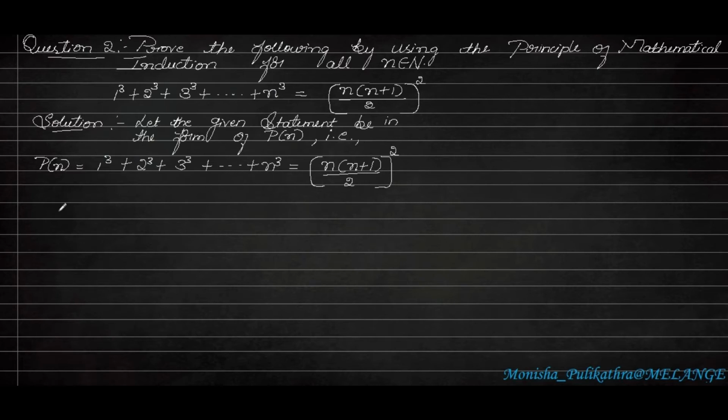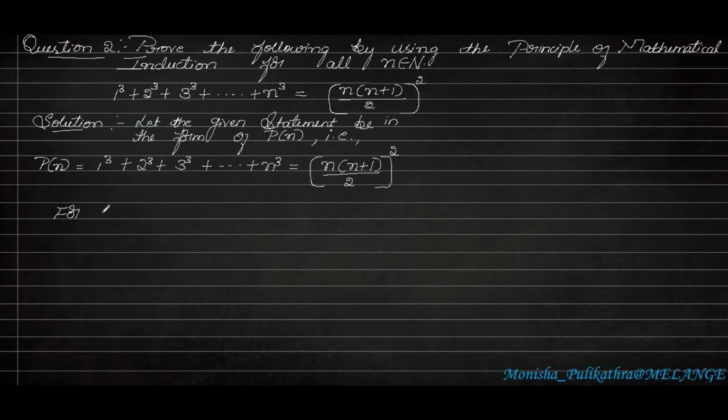Next, we have to include it in 3 steps. The first step is n is equal to 1, so we substitute n is equal to 1. In the second step, we include n is equal to k, so that p of n will become p of k. In the last step, we assume that p of k will become p of k plus 1. So these are the 3 steps we have to follow in order to solve this problem.